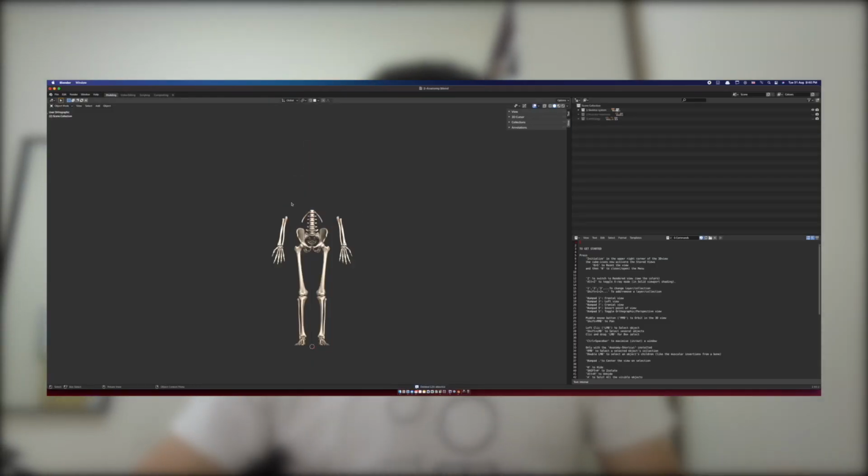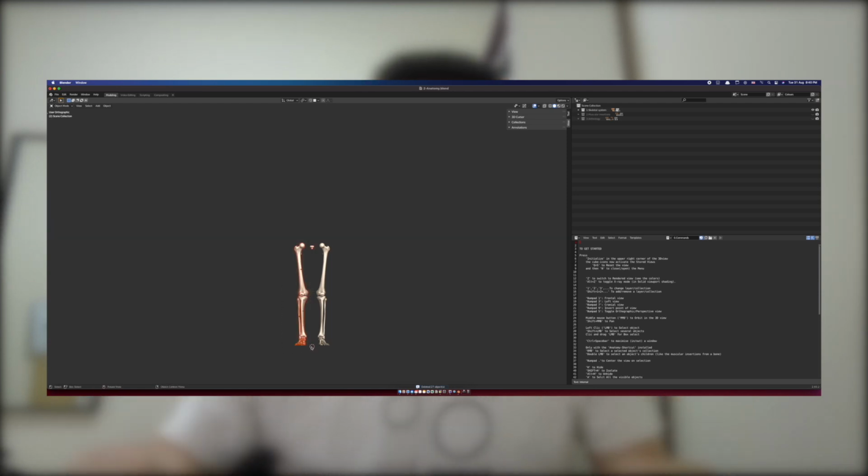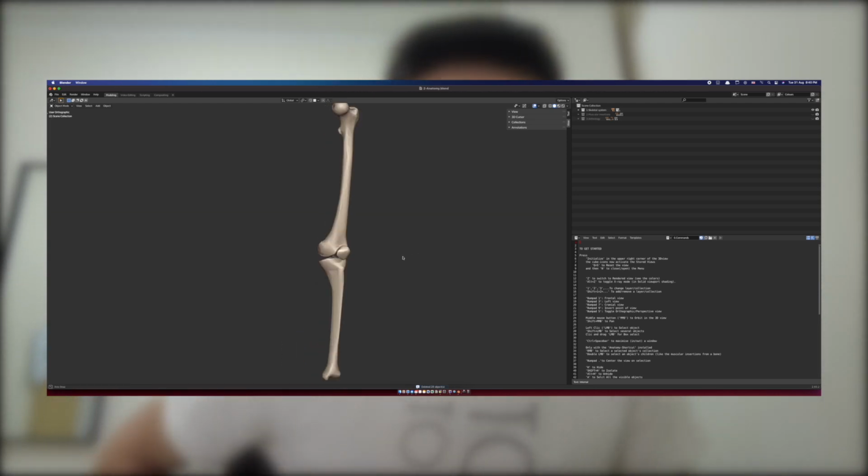The first thing I did when I imported the human skeleton into Blender was to get rid of all the other bones and joints that I didn't want to deal with, because the more stuff you have in the app, the laggier it gets and the higher the chance you have of something crashing. And once I'd isolated the femur and the tibia, which are the two bones which the ligament attaches to, I started trying to animate the movements which the tibia would produce in order to stretch or strain